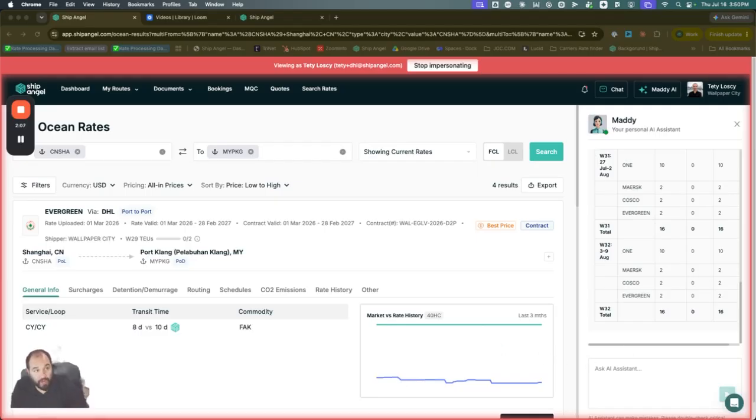Additionally, the question that I want to ask Maddy, I'm going to copy and paste it in here just for the sake of time, but I have an extra 15 TEUs on a lane. I need to move this. Can my allocation support this? And then secondly, if I use the spot market instead of my current long-term rates, is there a cost increase or decrease for this additional volume?